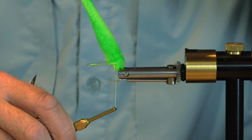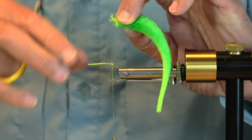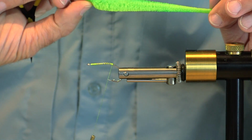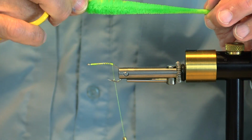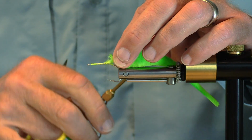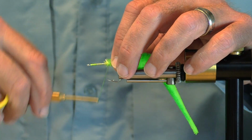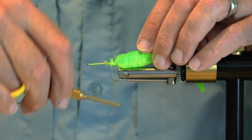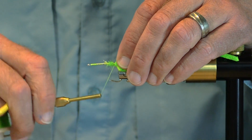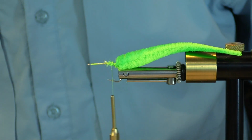Now you know what, I goofed because I very carefully colored part of this chartreuse tail with blue. You see it's nice and chartreuse underneath and it's kind of a blue chartreuse on top. I'm convinced that that's just a killer combination, and I forgot to put the blue on top. So here we go. The blue's on top now. So back I go. Fortunately I hadn't super glued it yet. Way back there. Okay, now